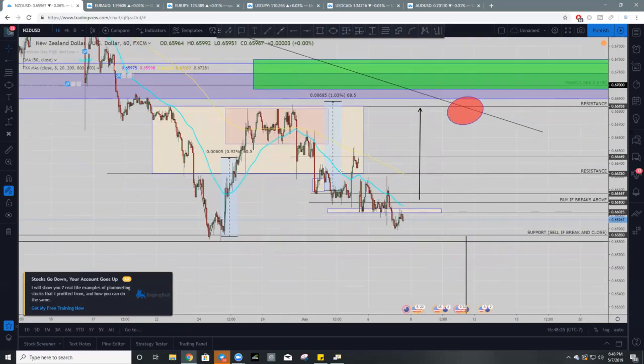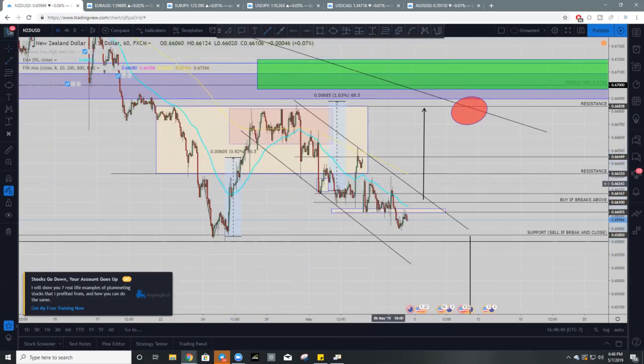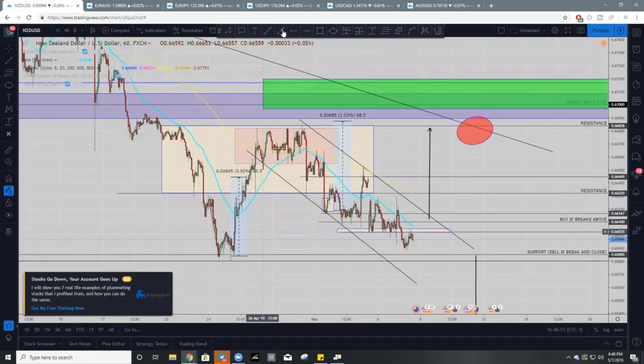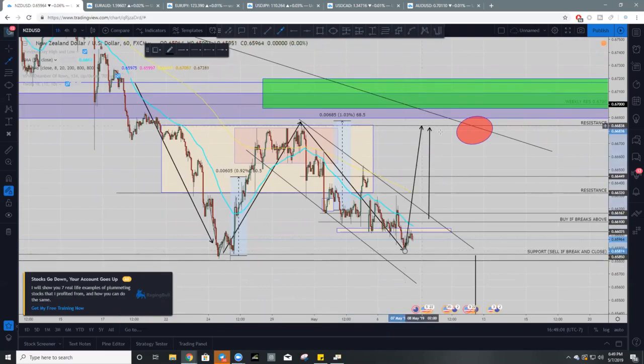Overall, in this current structure of price, we've been heading in kind of a downwards channel. I'm not trying to make this look too pretty right now, just want you guys to grab that photo so you can see what's going on here. Previously, we established a support at this low. What I'm looking for is potentially a double bottom forming right now, and an overall break out of this counter trend line structure here. For me to hop in this trade, I'm going to be buying this once price breaks above